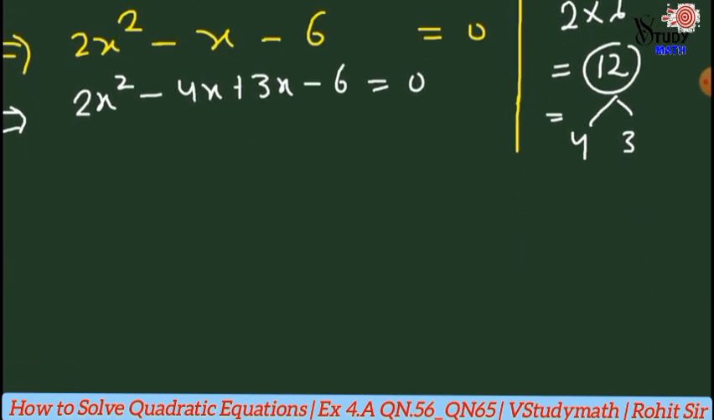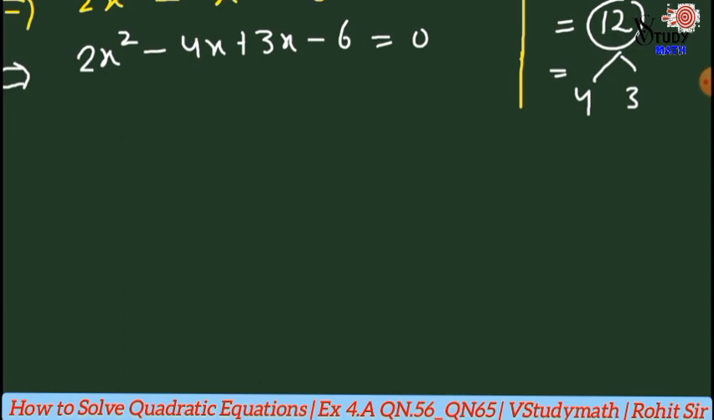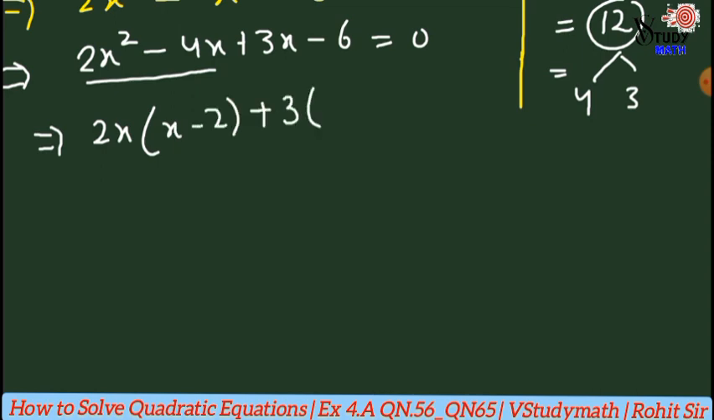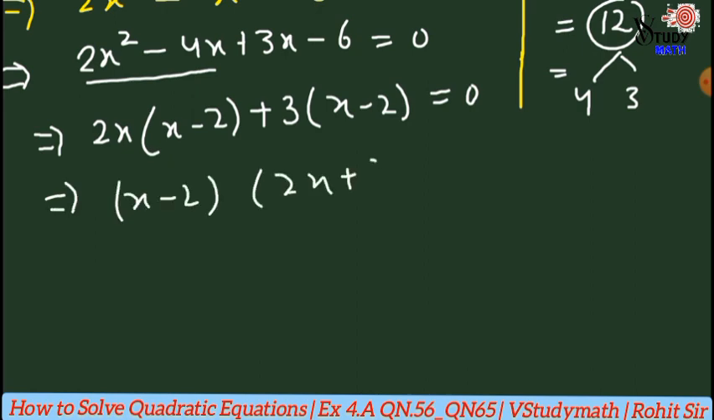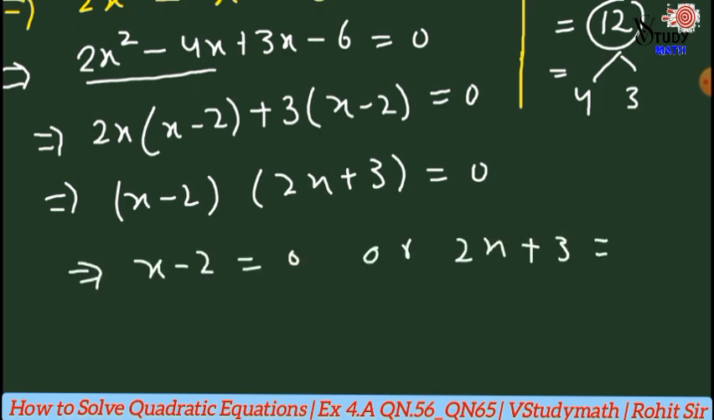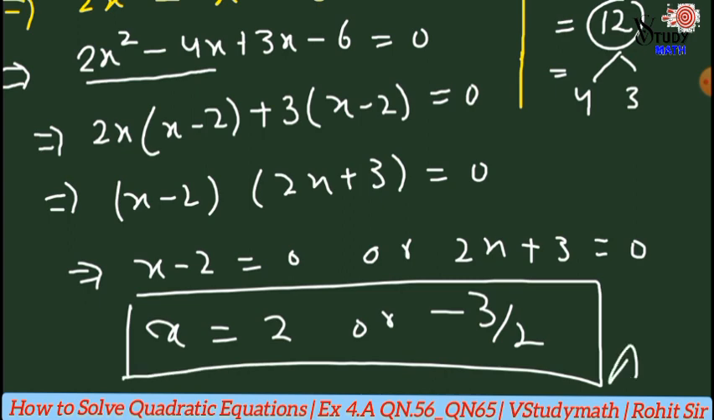Then we have 2x as common from the first two terms, then we have x minus 2. Now take positive 3 as common, then we have x minus 2 is equal to 0. Now x minus 2 is common in both the terms, then we have 2x plus 3 is equal to 0. Now put x minus 2 equal to 0 or 2x plus 3 equal to 0, then x is equal to positive 2 or x is equal to negative 3/2, and this is the solution of this quadratic equation. I hope you are understanding. If you understand,